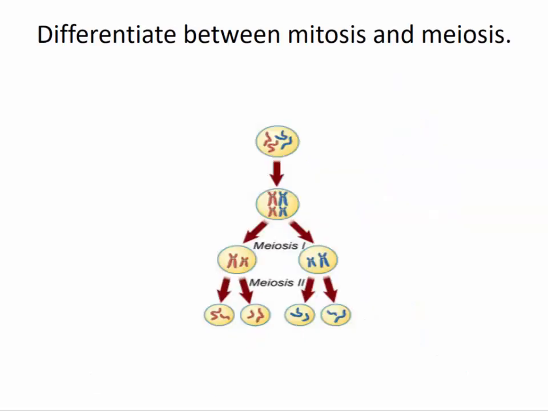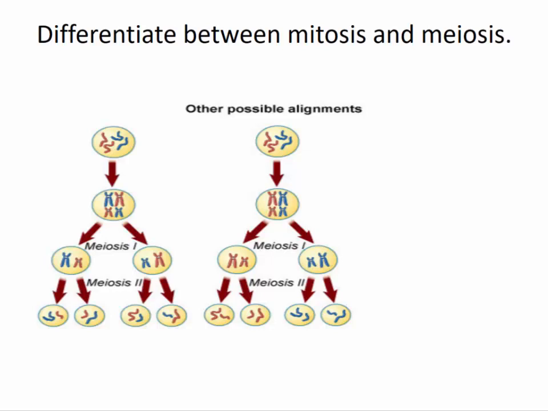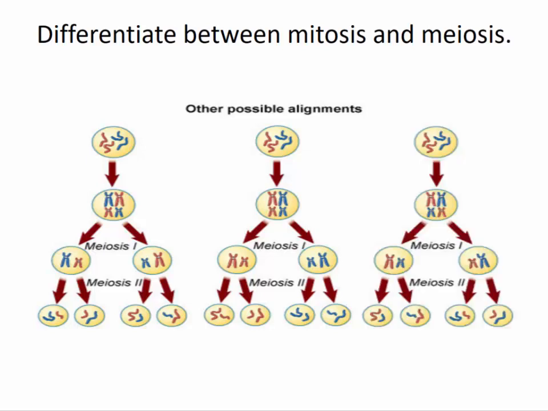So one other difference between meiosis and mitosis, in addition to the fact that mitosis occurs in all cells but sex cells, and meiosis occurs only in sex cells: in meiosis, we end up with cells with 23 chromosomes. In mitosis, they have 46 chromosomes. We also, in meiosis, can have other possible alignments of the chromosomes, and therefore, if we look at this example here, we end up with sex cells that have different combinations of chromosomes. Here's another alignment prior to meiosis 1 that leads to another combination of chromosomes.